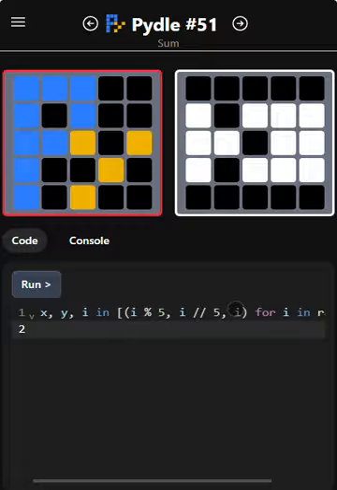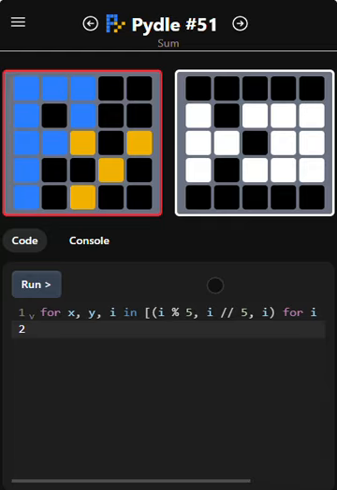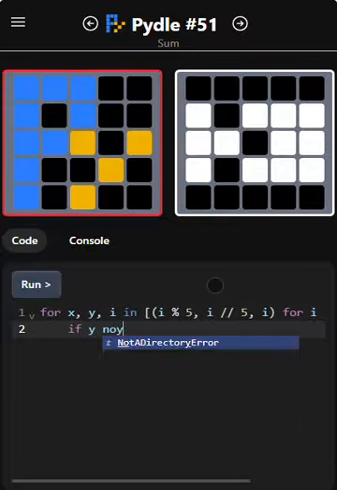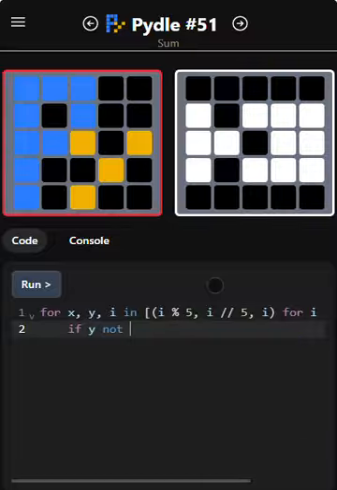Okay, so we only basically have the top two horizontals, and then these 3 pixels to exclude. So what we're going to do, we're just going to say if y not in 0, 4,